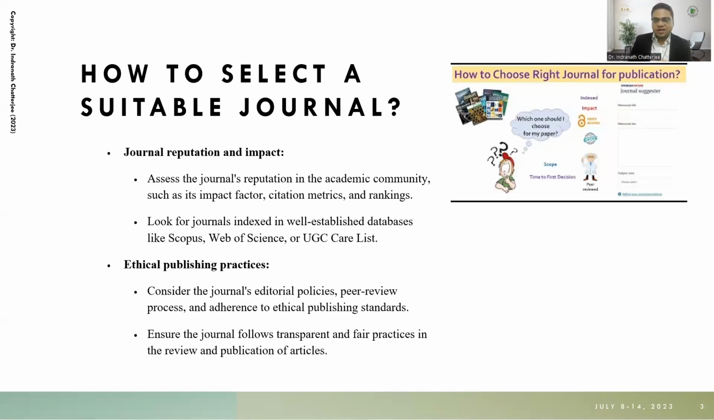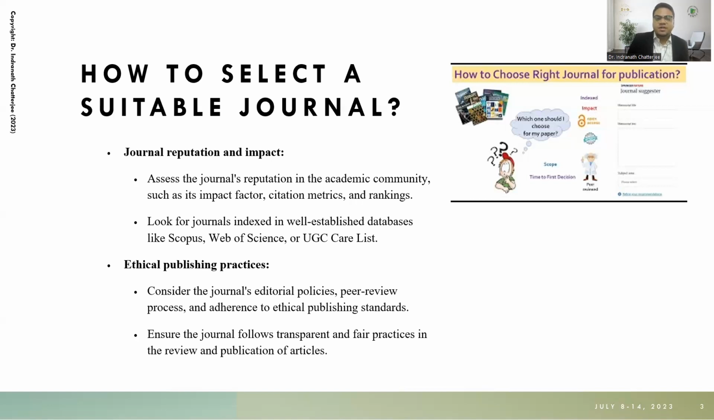The third thing that you have to take care of is journal reputation and impact. You assess the journal's reputation in the academic community, such as its impact factor, citation metrics, and ranking. How do you do that? There are several ways. For example, if you want to search for a Scopus indexed journal and know its impact factor, citation metrics, rankings, and all these things,